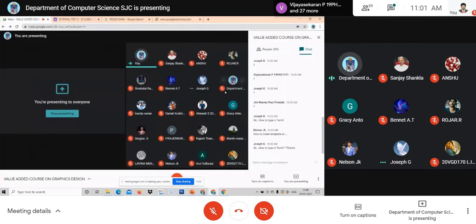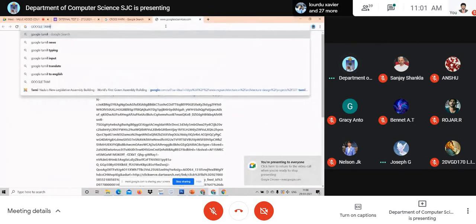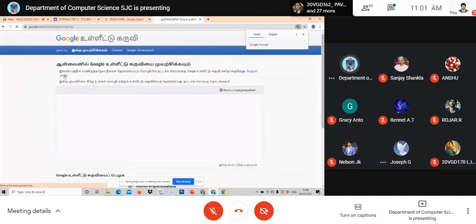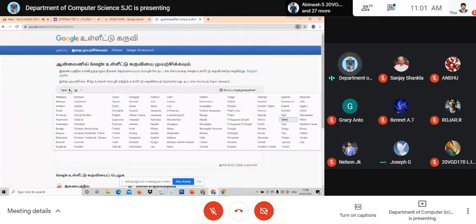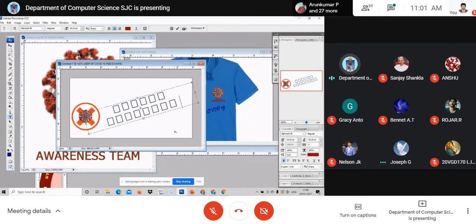If you want to copy the Tamil font, go to Google Tamil input. Just give the first one, and click here, Google Tamil input. Press here for Hindi or any language you can type. For the time being, I can type Tamil, for example, Tamilar Tirunal, Pongal, something like that. I just copy this, go back here and paste it. See, it is not coming, right? It doesn't come because the font is not available.